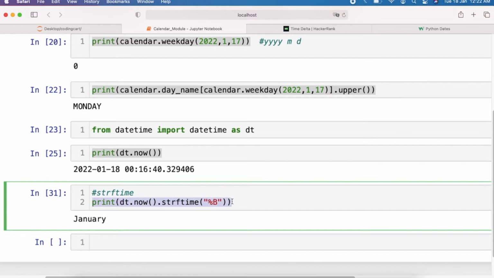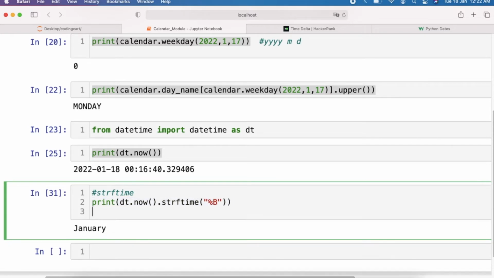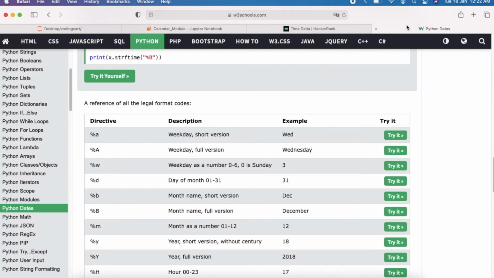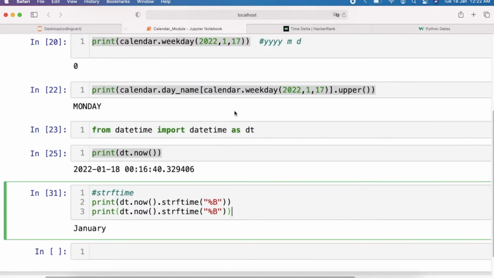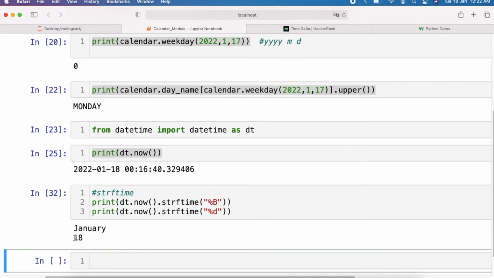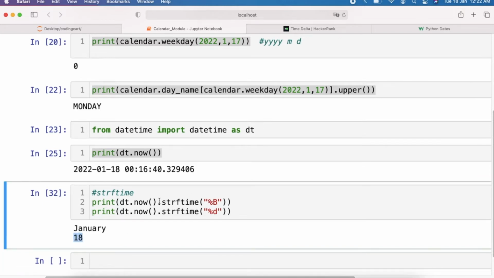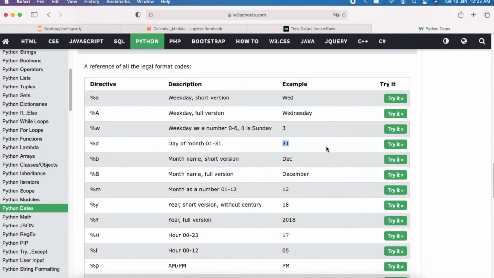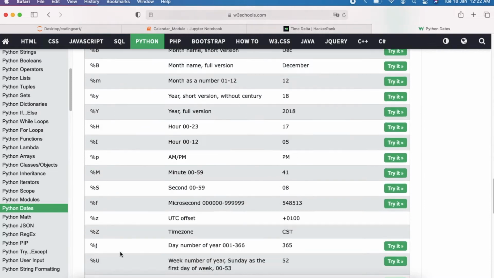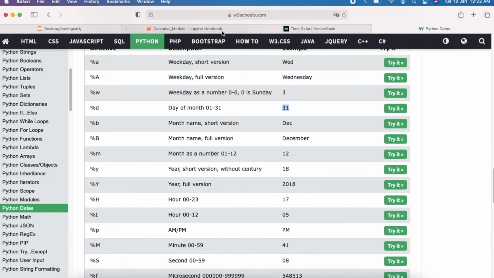Let me copy this one and try something else, like %d for getting the day of the month. Today's date is 18th, so if I use %d over here, it will give 18. So this is strftime. To get all these required things, we can simply use this reference table. Now let me explain you another method.